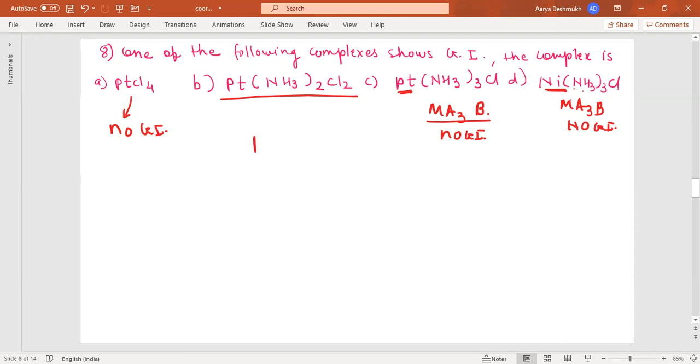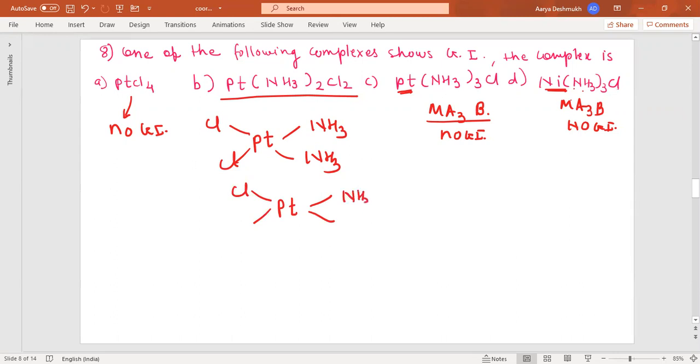Now it is not expected to draw the structures here, but if you try to solve this way, you will be very sure that your answer is correct. And make the practice of this. By solving more and more problems, more and more MCQs based on this, it will be easier for you to find the correct answer.